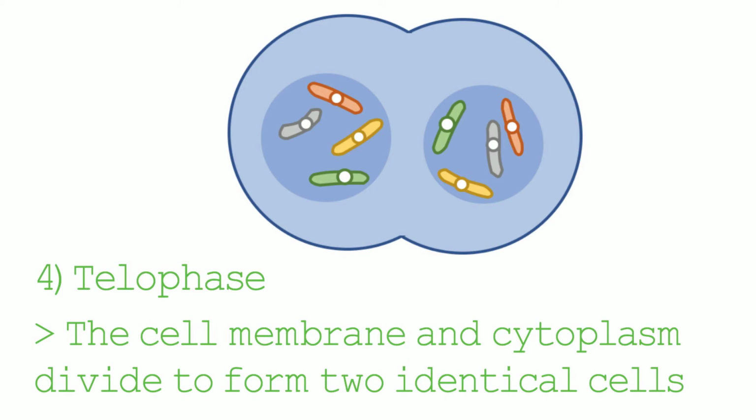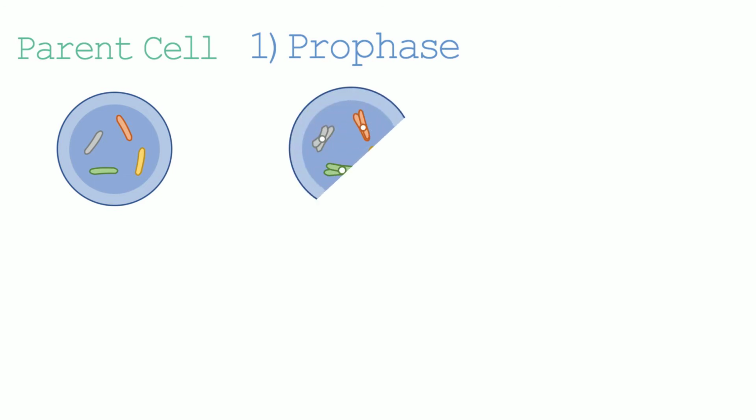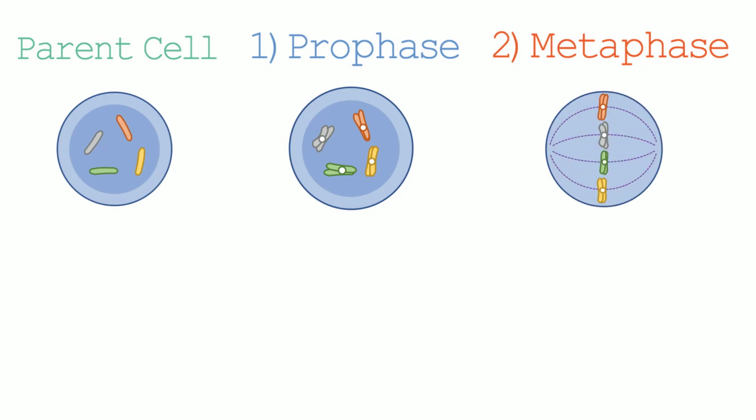So let's have a quick overview of the 4 stages of mitosis. So here we have the parent cell, and this parent cell is going to divide into 2 daughter cells. The first stage of mitosis is the prophase. During the prophase, the cell copies all of its genetic information and the membrane of the nucleus breaks down. The next stage is the metaphase. During this phase, the chromatids line up along the spindle and they release spindle fibers to opposite ends of the